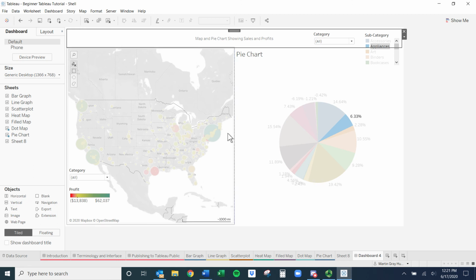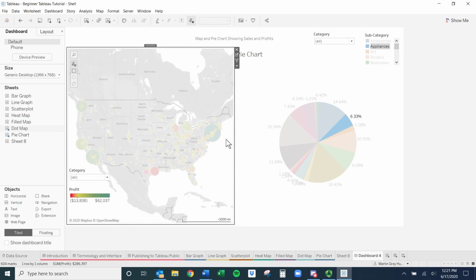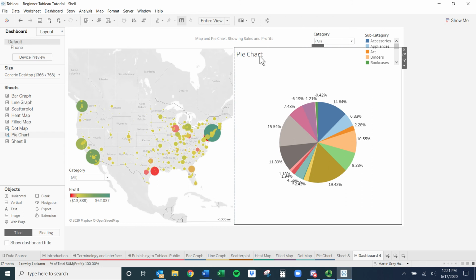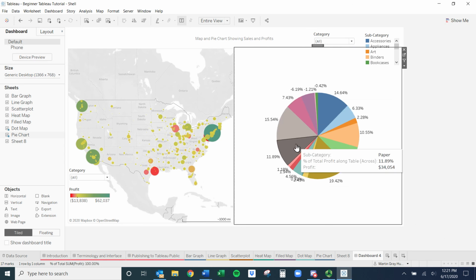I'll be honest, I cussed myself a lot. I was like, damn it! I was just trying to get these things to fit initially, so it just takes a little practice. So I would get rid of this, and let's see, hide title. And you can do more than that, right? And so you can do,